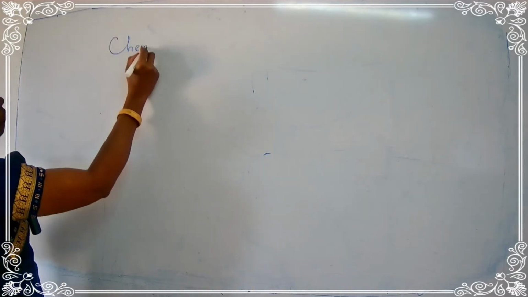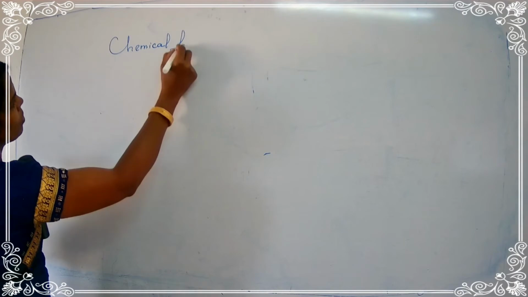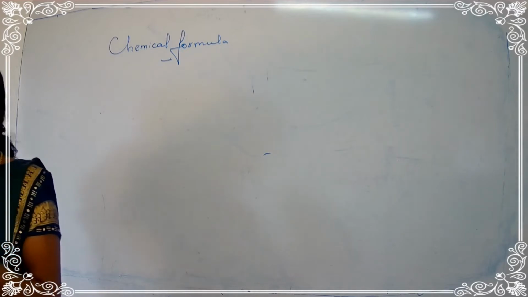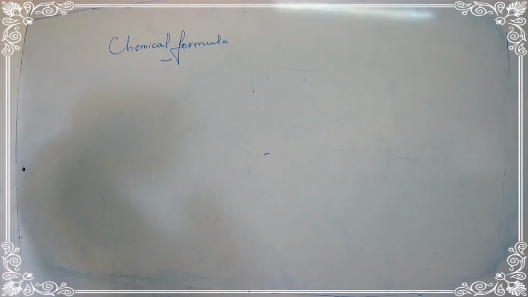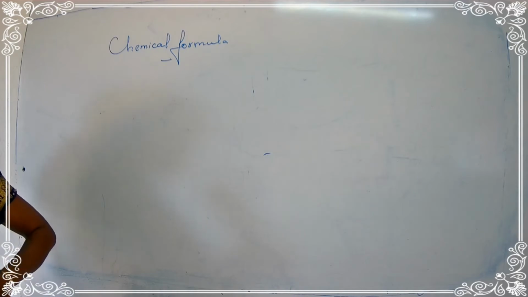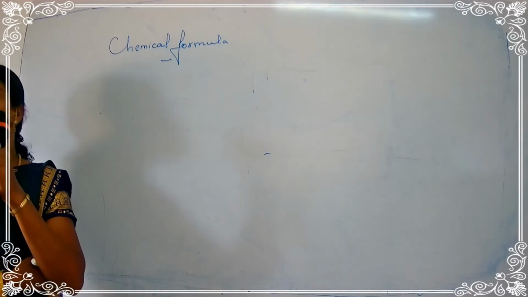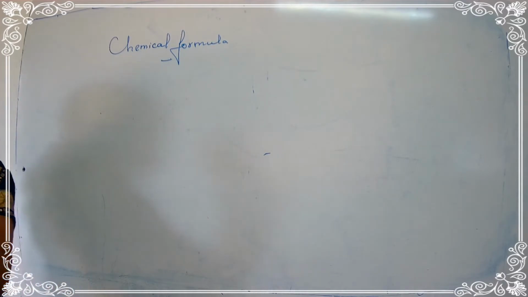Now, we are going to see the chemical formula. Now, you see here, the chemical formula represents the number of atoms present in one molecule of that substance. This chemical formula represents the number of atoms. Yes or no? The number of atoms, in Tamil, Anuvin Ennikai. Atomic number we are studying, that is atom. So, the number of atoms, Anuvin Ennikai.